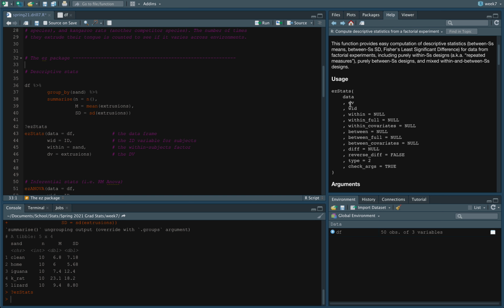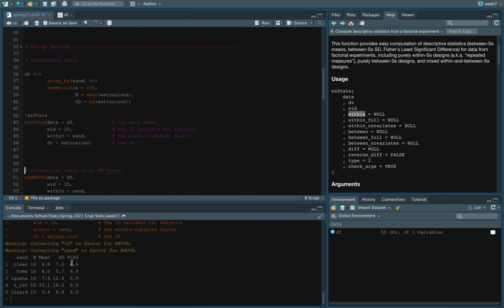With your data, what's your dependent variable, what is the within measure ID variable. So if it's within subjects, then your within ID variable would be whatever your subject ID variable is. And then things like within, listing what your within variables are, and what your between variables are, etc. So with Easy Stats, if we just tell it our data equals df, within ID is that ID number, the within variable is sand, and that the dv is extrusions, and run that function, it will also give us the